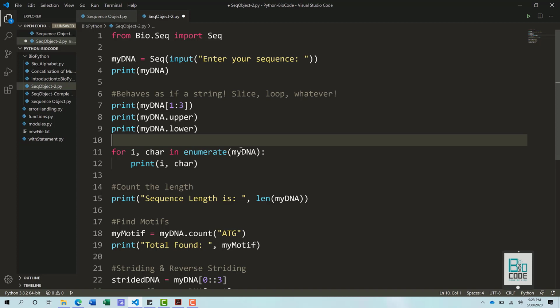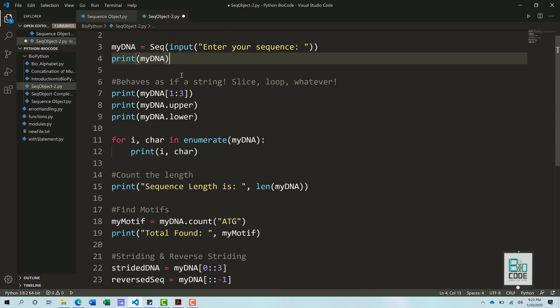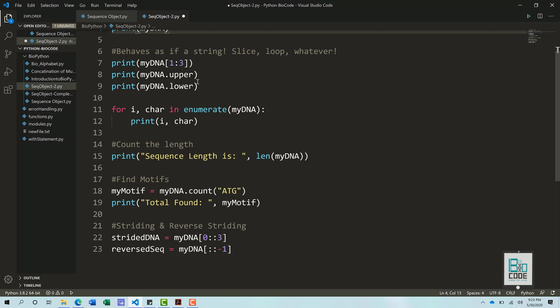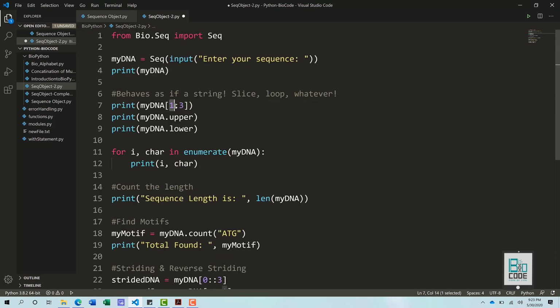First of all, we have taken the input from the user and converted it into a sequence object. Then we print it out as my DNA. Then we get a slice.